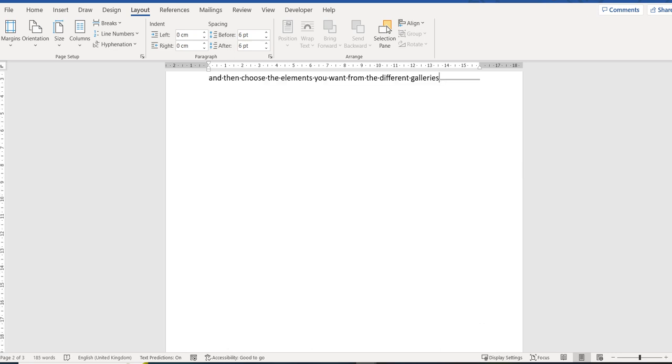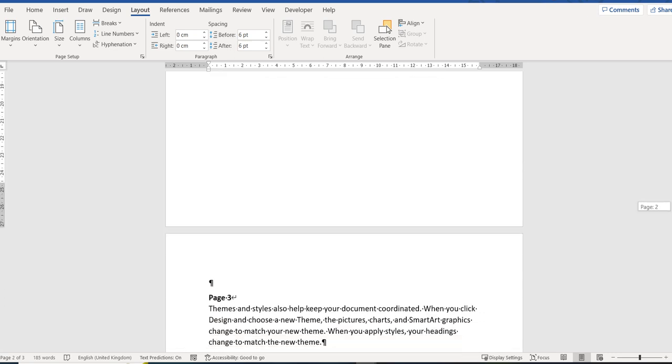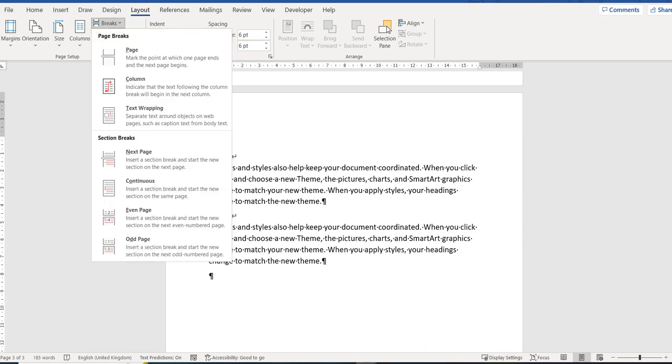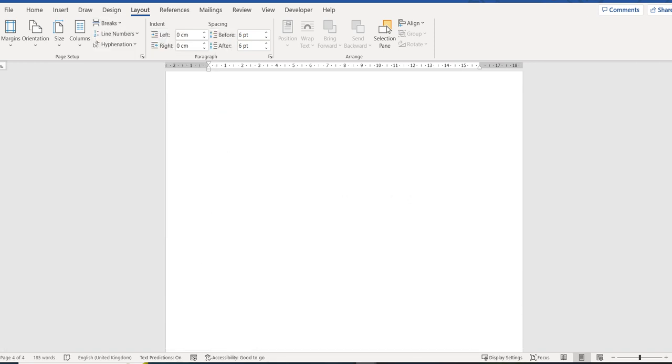Okay. And then I'm going to go at the end of page 3 and I'm going to insert the next page 2. So now I have my 4 pages,